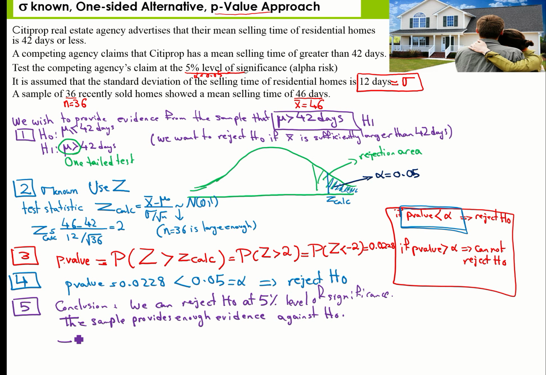So we can conclude that CityProp has a mean selling time that is significantly